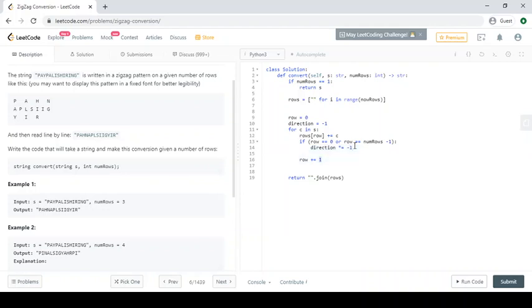Now we'll add the direction to the row, because direction is always either -1 or +1. So we'll change the value of row in that way.